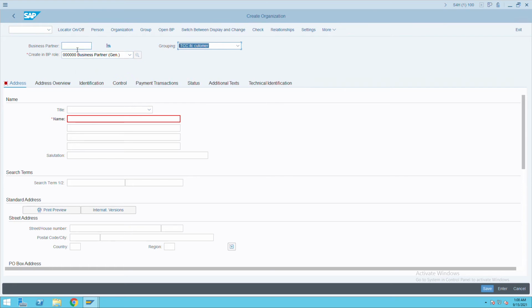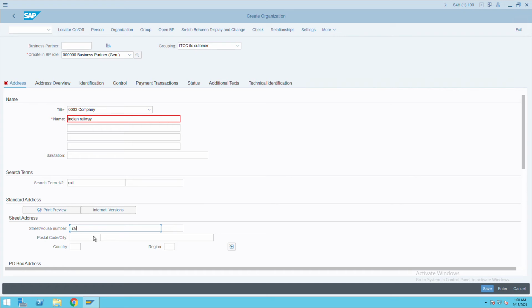Okay, so here I need to give company, and I am assuming that Indian Railway is my customer, and give the house name,